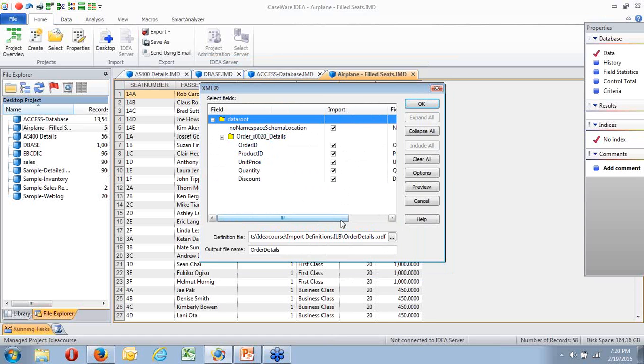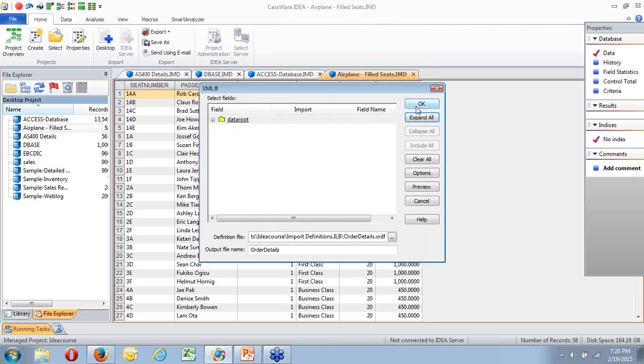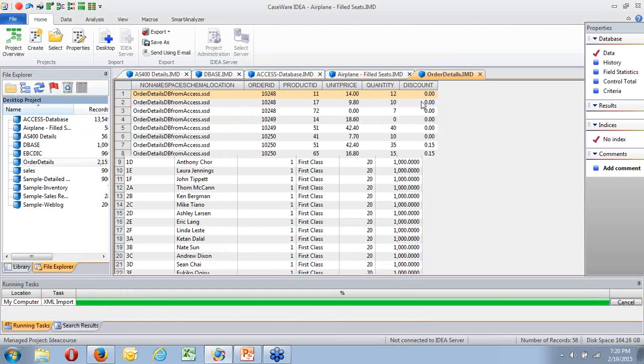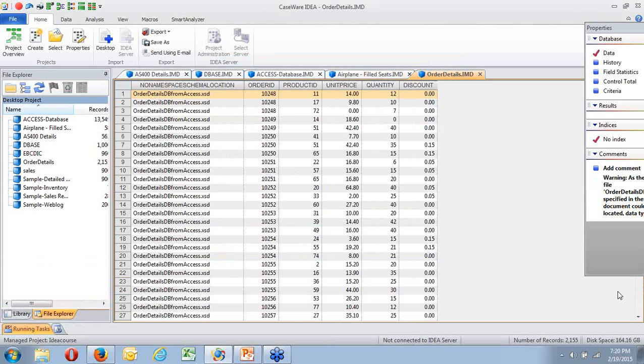I can import all of these, some of these, none of these. If I close that and close that, I could simply go in and say expand all. Does the same thing. Now these are the fields that are going to be brought in. This is where it's coming from. I can say collapse all. It's still going to bring them all in if I say OK. And there's all of my order details.